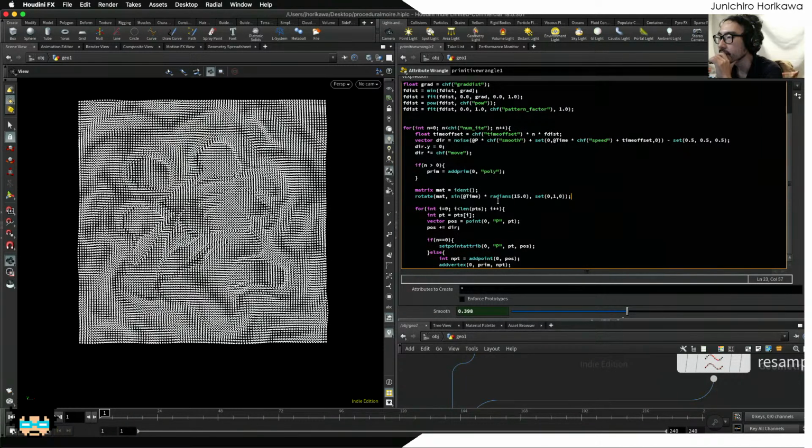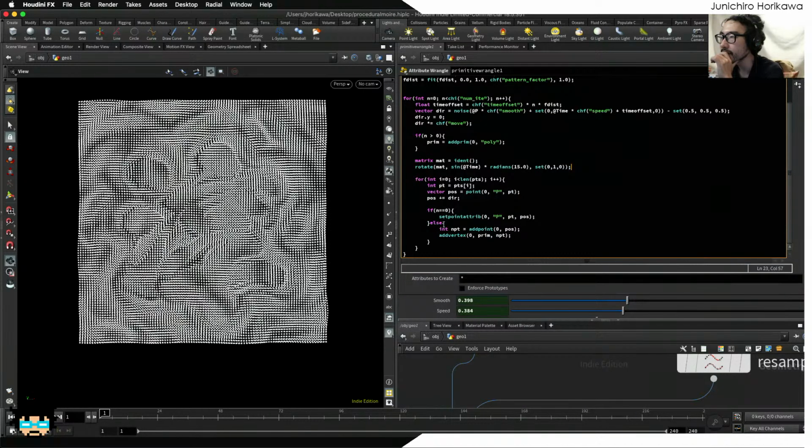Okay, now alright, let's try to rotate the point. Currently the axis of this rotation is at the center, so by using this rotation matrix I'm rotating the whole set of the plane in this direction, and I just want to rotate the second layer, so I can do that inside this